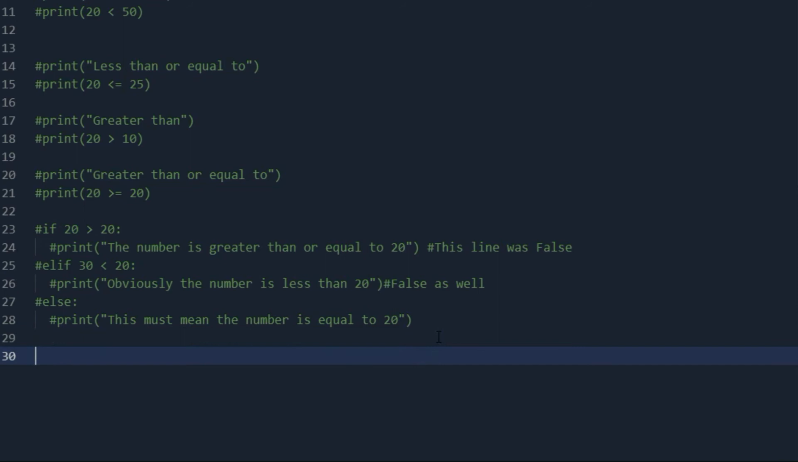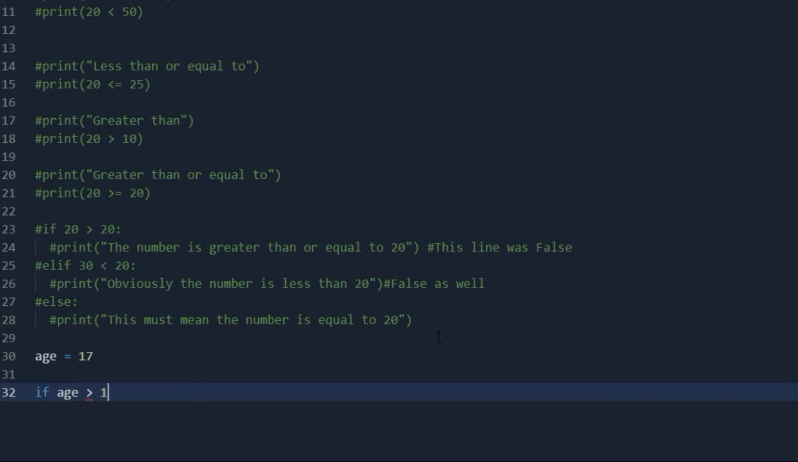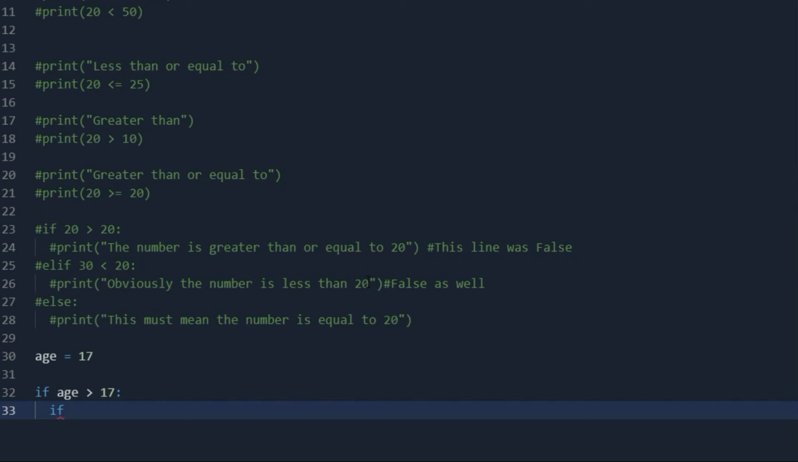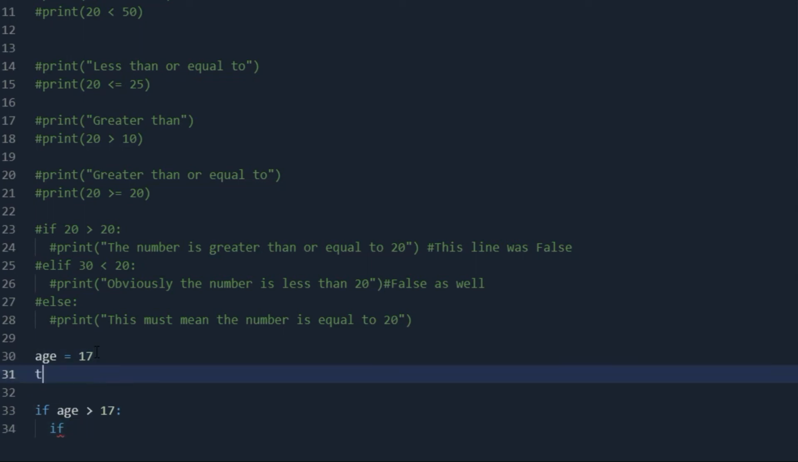Alright, so the nested condition would look something like this. Let me create a variable called age. So age equal 17. If age greater than 17, and what we're going to do is we're going to say if, let's see, trained, let's say, okay, job equal